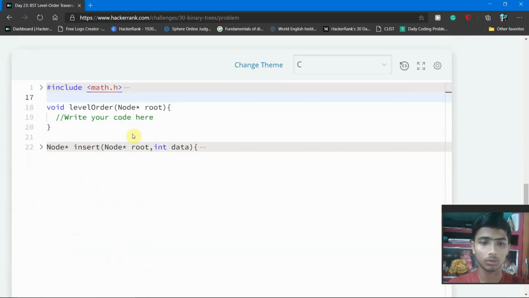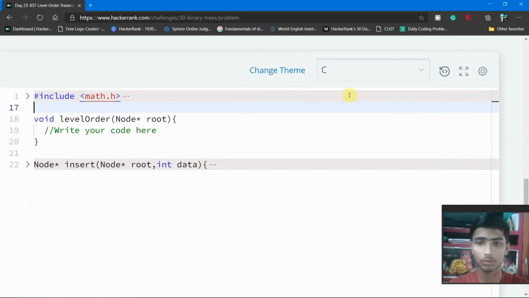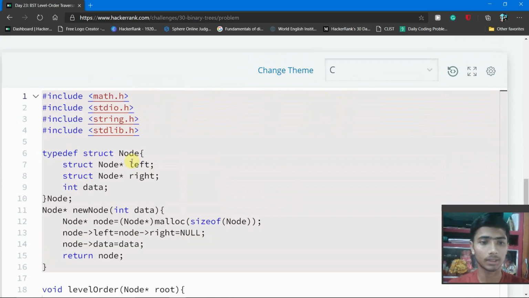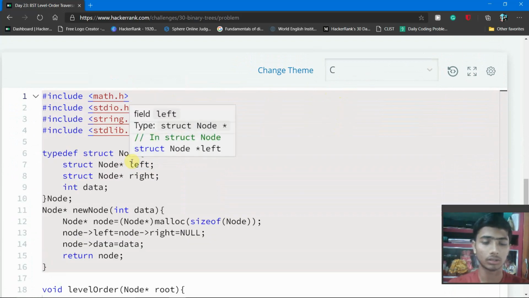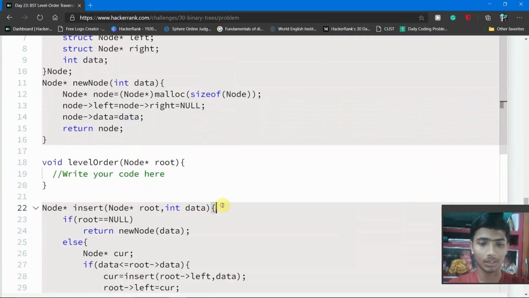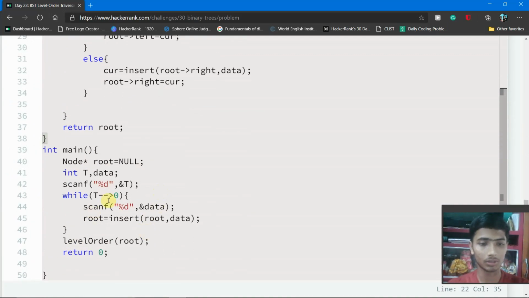So I simply go to the HackerRank editor and we select the C language to solve this problem. At first we click on the three dots to expand this section. So here some code is present, and I already said that the locked stub code present in your editor will do two things. One is taking user input and then assembling it into a binary search tree.